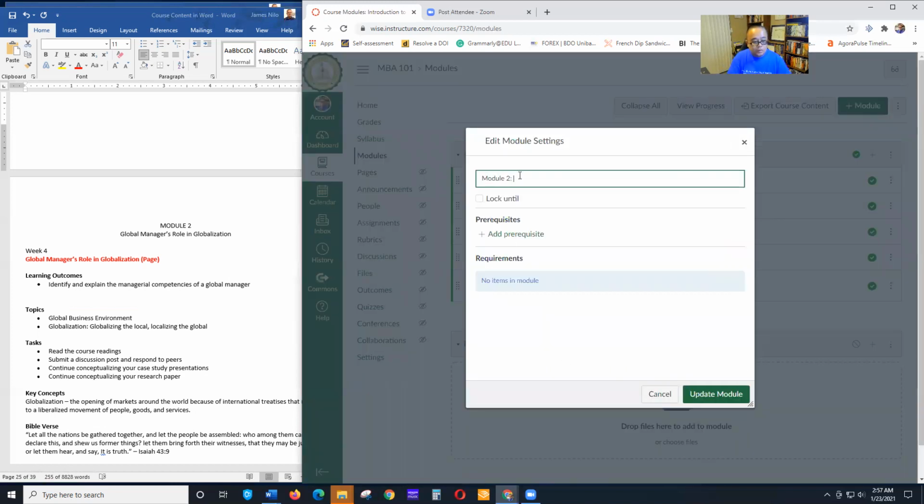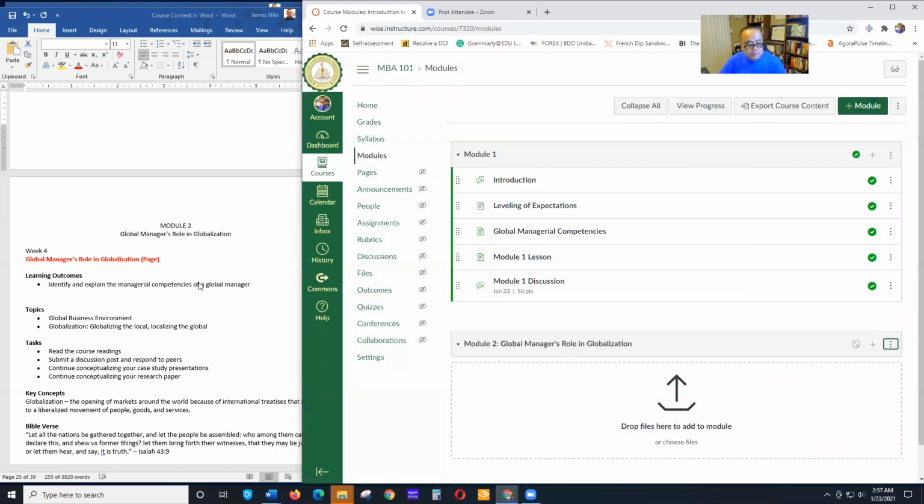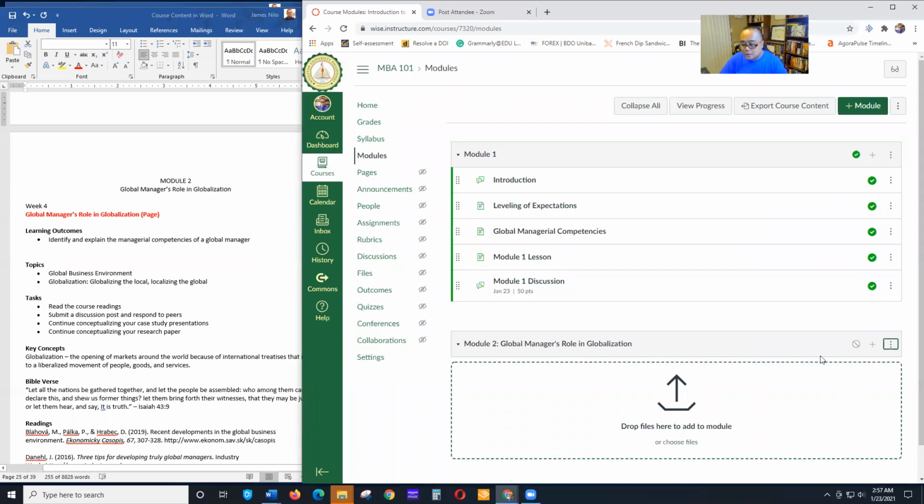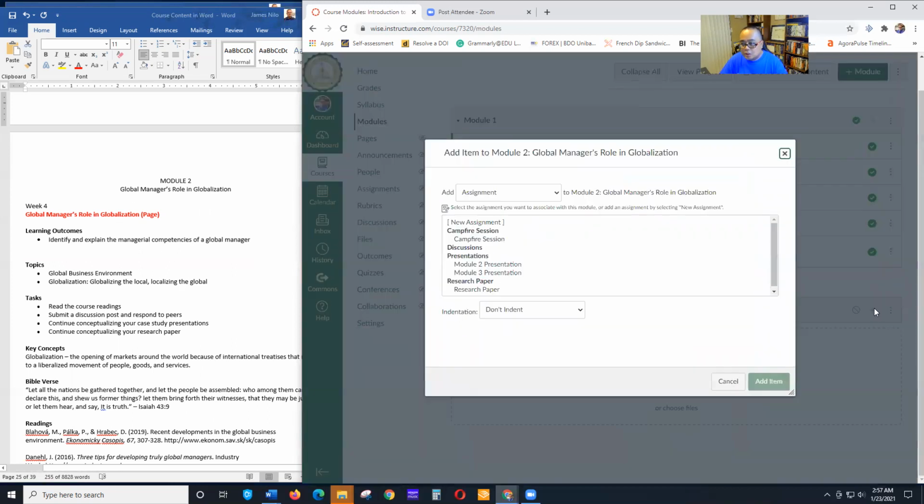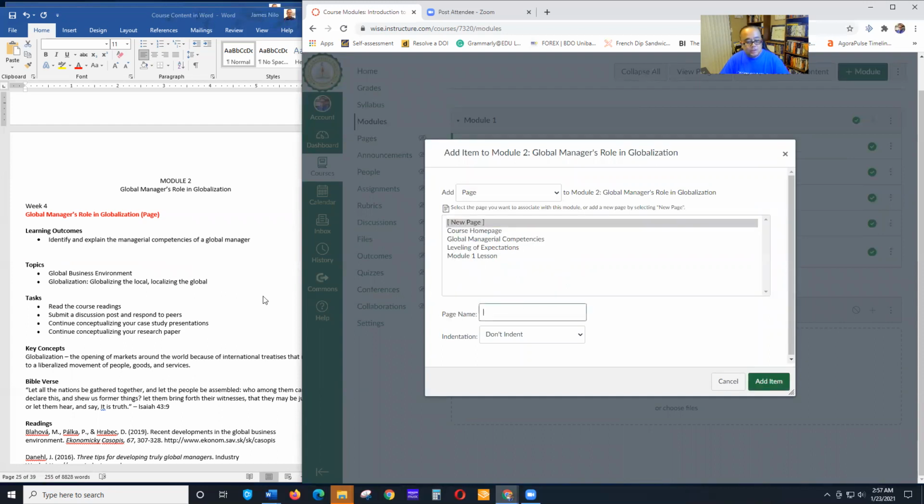Module 2, global language role in globalization. So we need to add a page. Add page, new page, page name,